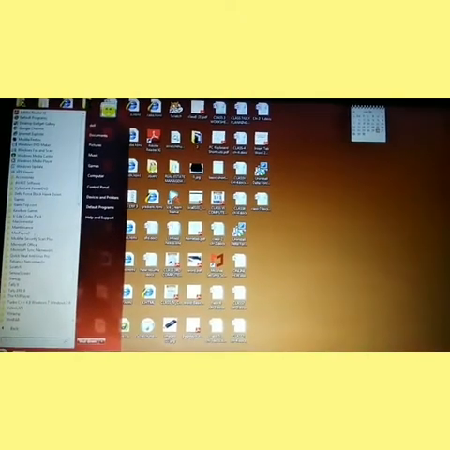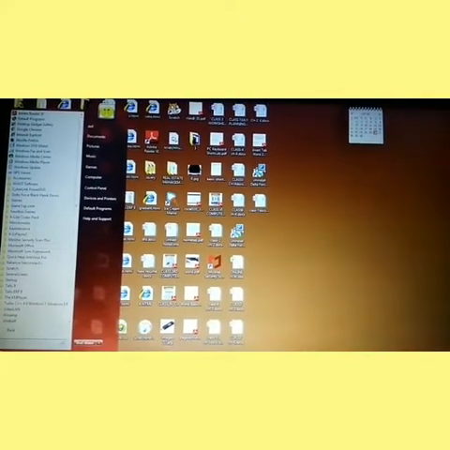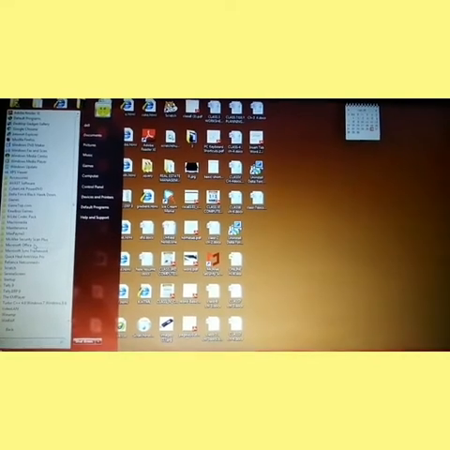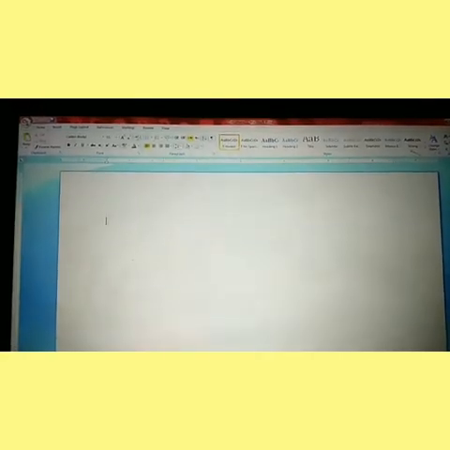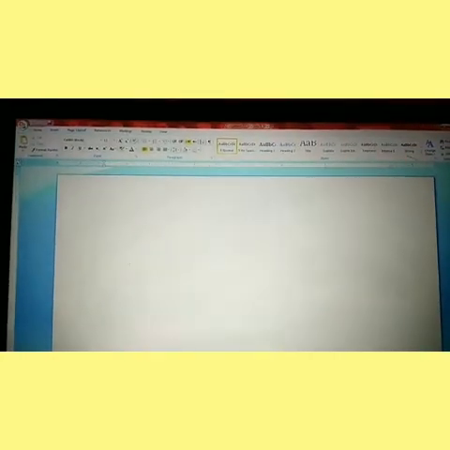Click all programs, then find Microsoft Office and click it. Here we can see all the application software available, but we will search for Microsoft Office Word. Then click and open. Then here is your first window of Microsoft Word.